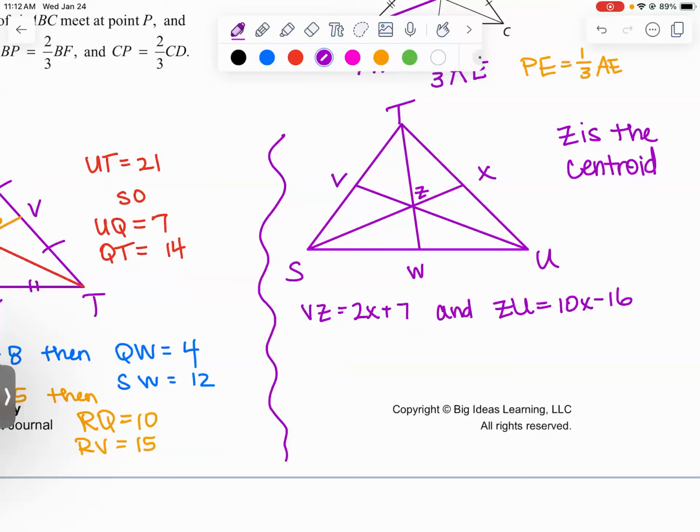I have given you the measure of VZ, which is this guy right here. And I've given you the measure of ZU, which is right here. If I want to solve for X,